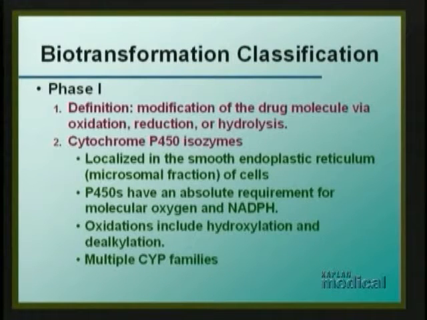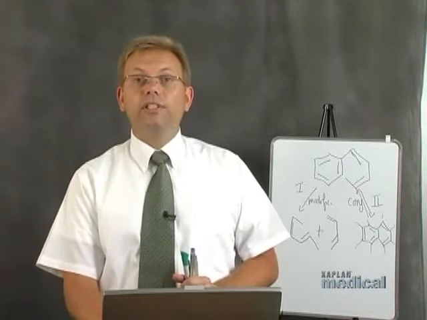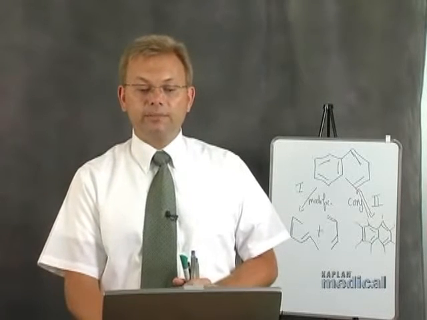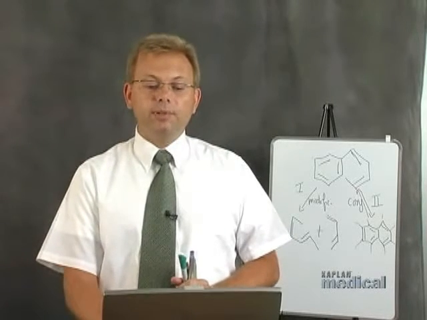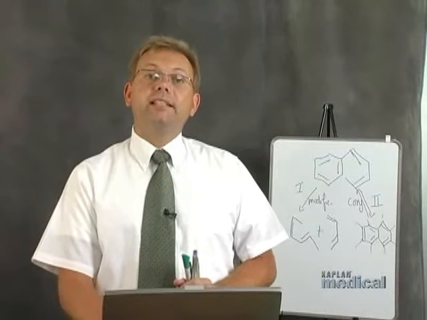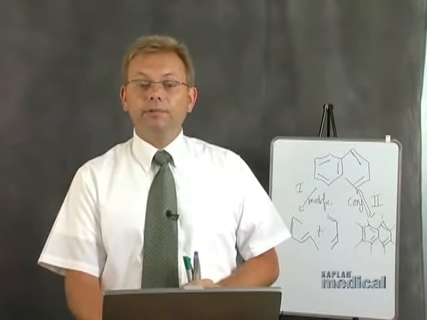And those P450s have two biochemical requirements. If they need to oxidize, they require oxygen. And if they need to reduce, they need some hydrogen. They get that hydrogen from NADPH. Do you remember a key enzyme in biochemistry and genetics that produces NADPH? I hope you're thinking glucose 6-phosphate dehydrogenase of the HMP shunt. And you remember some people might be deficient in that enzyme, potentially causing a pileup of drug that may require